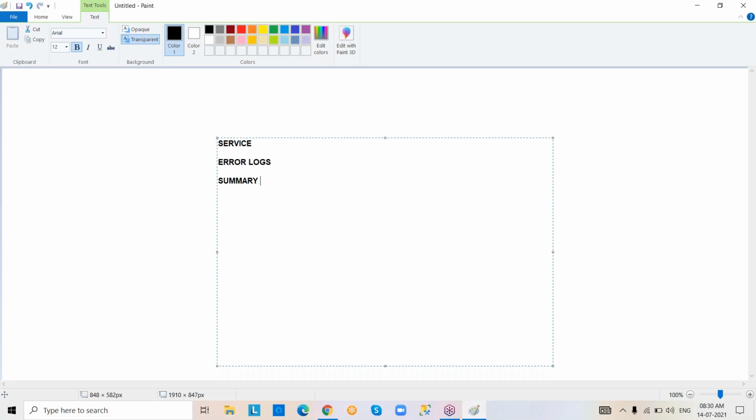The Summary.txt text file. Actually, error logs means, we feel like only error messages. No, not only error messages. Error messages, success messages, warning messages, failure messages, different types of messages will be there. Okay? Why do we need to check error logs?